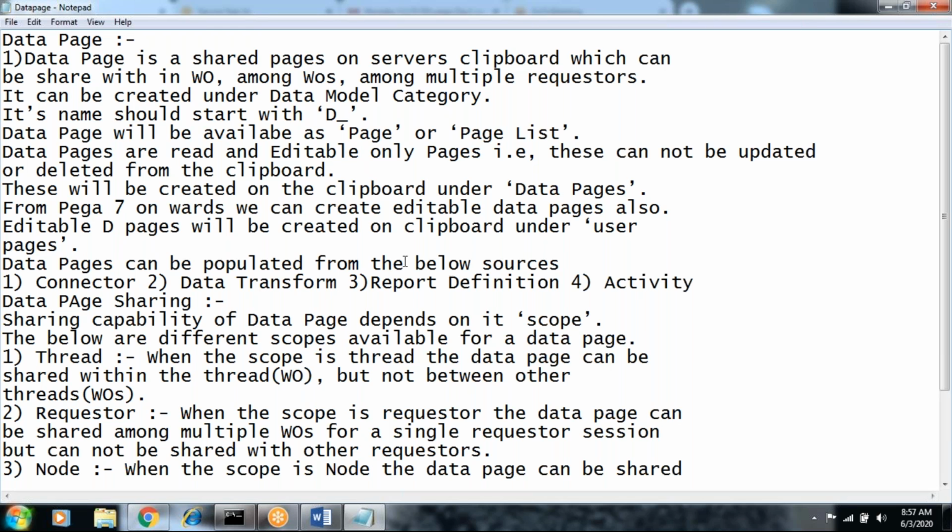After 7, that name is changed to data pages, and the purpose also, and we can read and edit the data page data. That means data pages are editable now after 7. Before 7 it is not editable. That's the only point. An editable data page will be created on the clipboard under user pages. Means two pages.